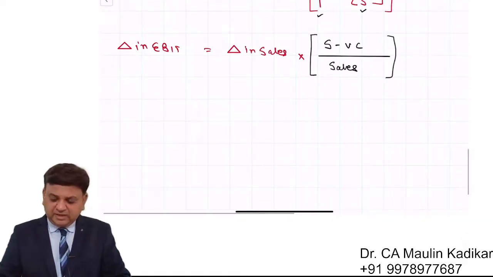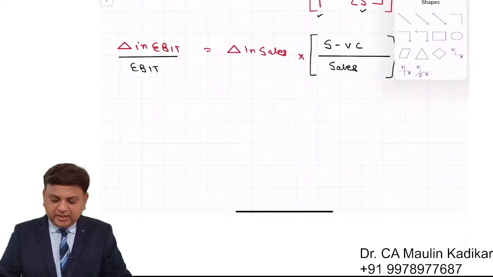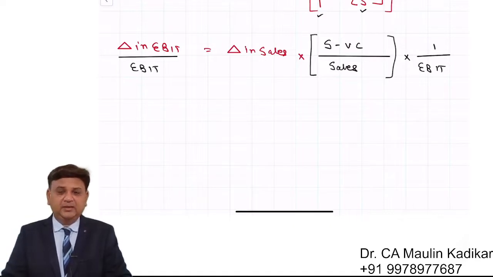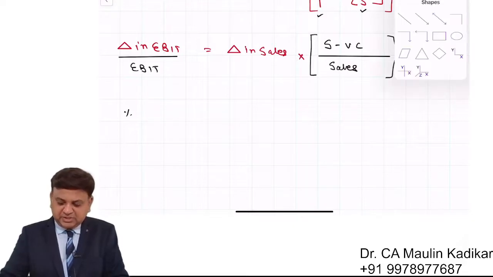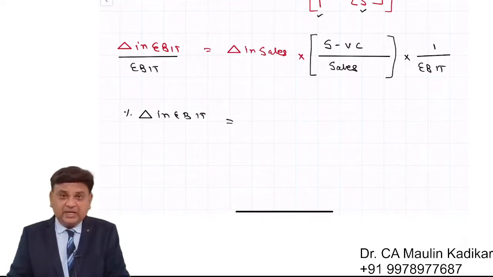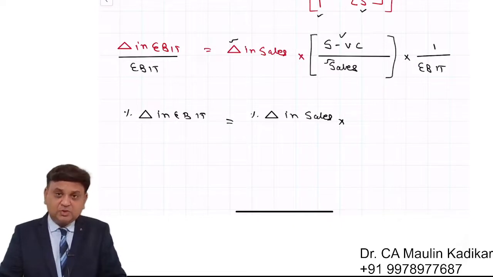Now on both sides, friends, I am dividing simultaneously with EBIT, because for the purpose of derivation you can do anything on both the sides. So I'm dividing both the sides with EBIT. Change in EBIT upon EBIT is nothing else but it is percentage change in EBIT. Now you can see that change in sales upon sales is what? Percentage change in sales. Sales minus variable cost is what? Contribution